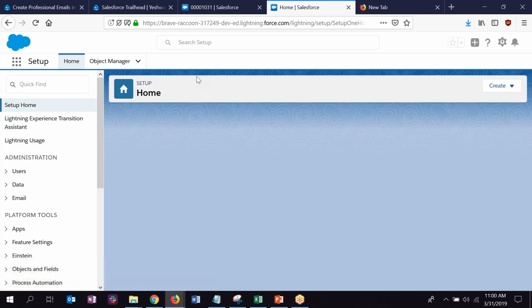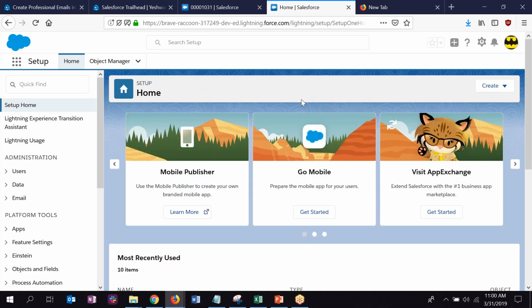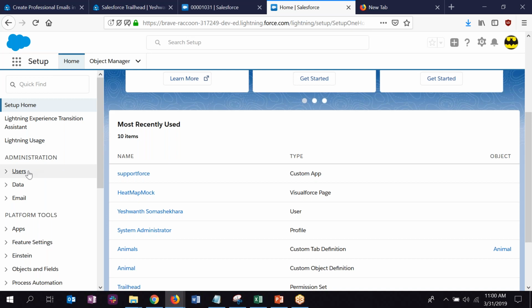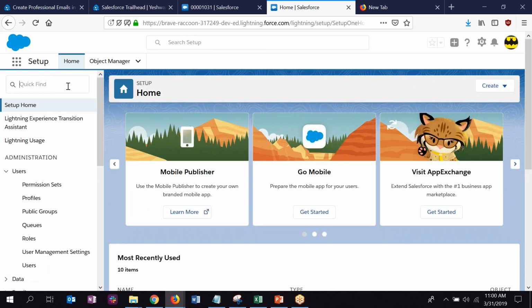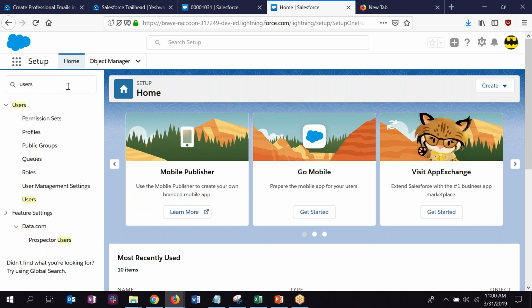And this is because it's a little bit development based. Sometimes it's slower. You'll have to have patience. So we'll go in here. And this is very useful. You can just search. You don't have to remember what is there in your left-hand side, like users.